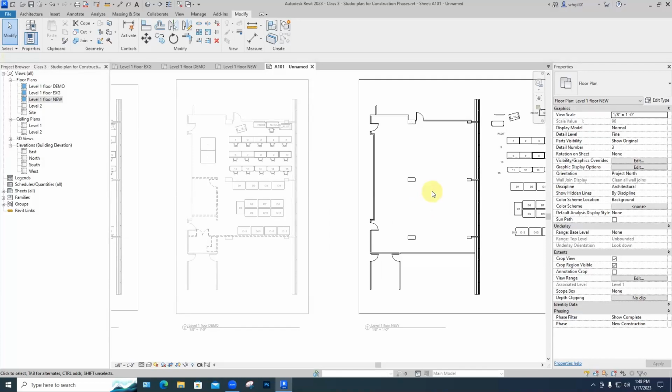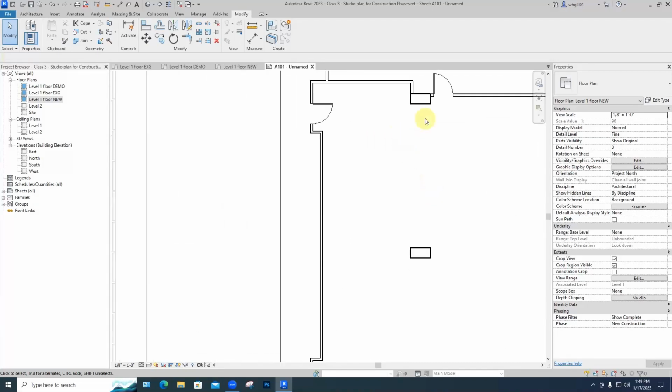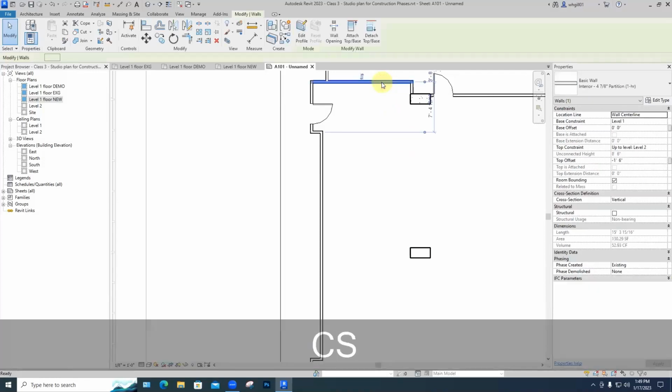So what do we want to do in here? Would be nice to have a kitchenette, ladies' lounge, faculty office. Let's just use this as the corner and do something like that. Again, since I'm assuming it'll be this same wall type, I can select it, type CS,